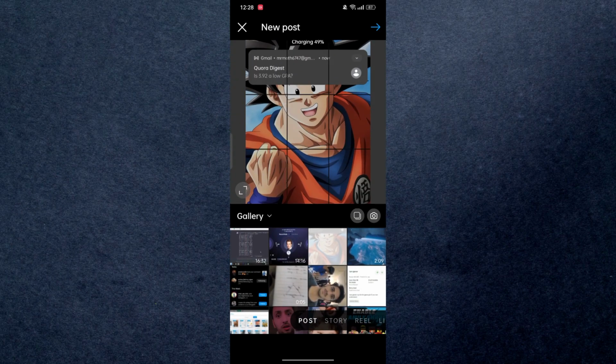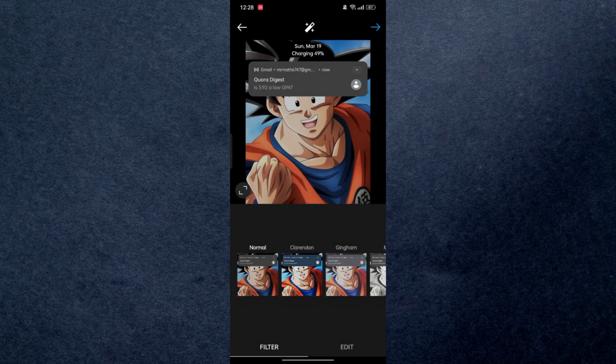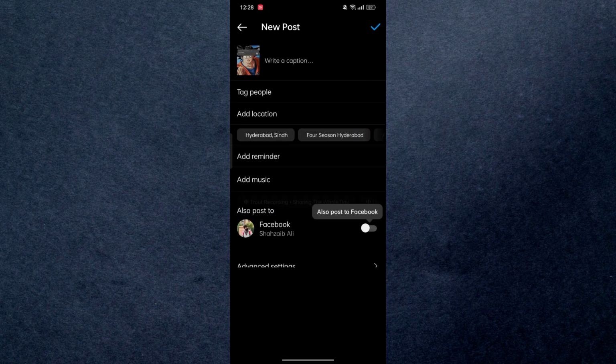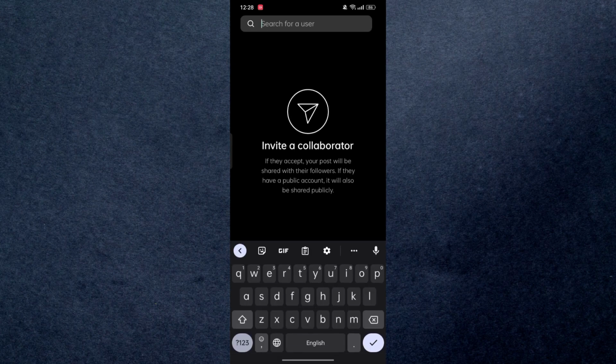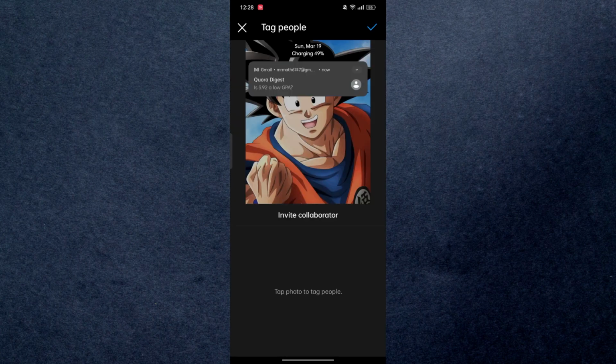So here I'm going to select this picture, and you can see once I click next and go to tag people, here I have this collaborator option right here. But if you're not having this collaborator option, then what you need to do, just go back from here,